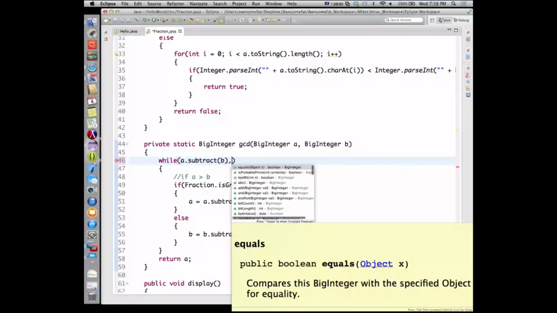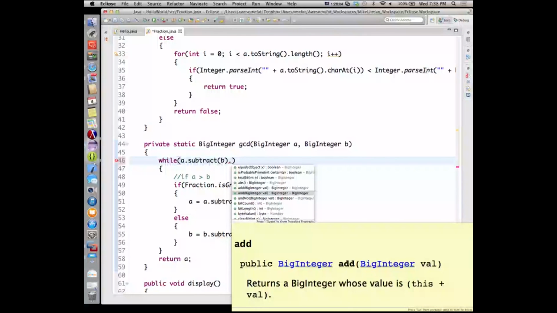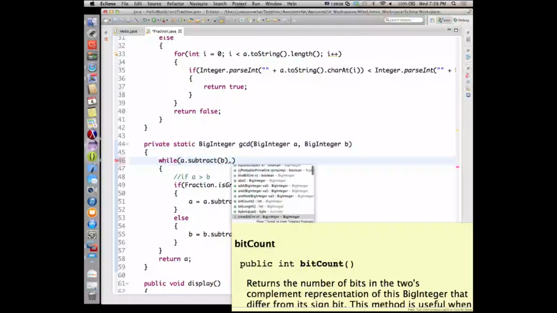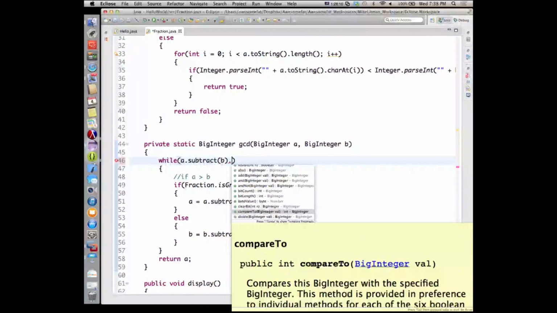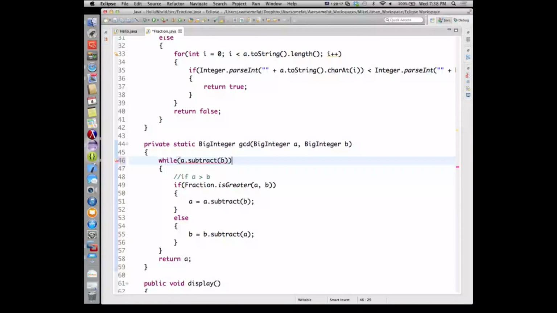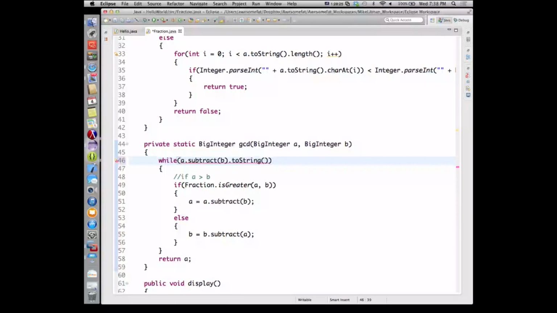Doesn't look like equals. Works out here for us. We just compare two, that would do it, but I didn't show you that. So, okay, so I'm going to do this. We subtract those guys from each other, and then we call toString